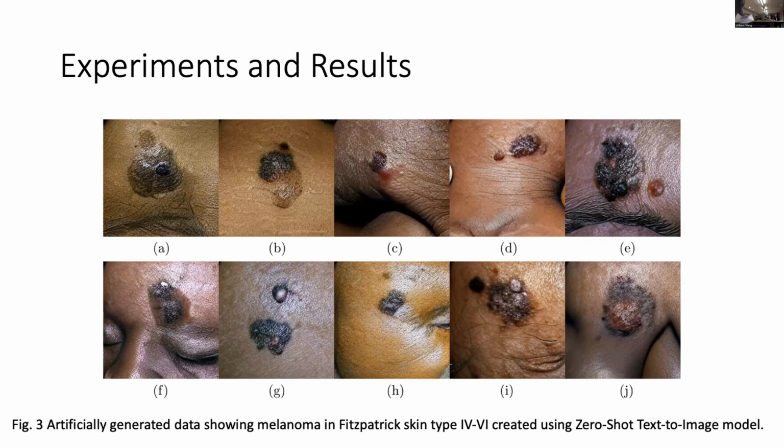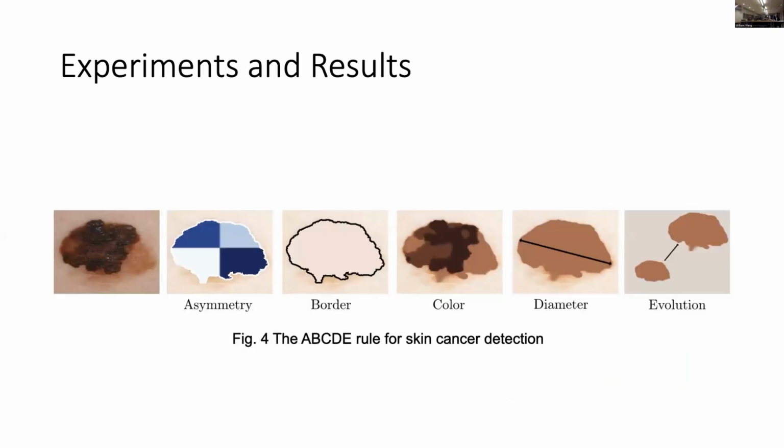So regarding the validation, one of the most common methods used to identify melanoma is the ABCD, and now E, rule, which was introduced in 1985. The acronym stands for asymmetry, border irregularity, changes in color, and diameter. The acronym was later expanded in 2004 to include the letter E, which stands for evolving. Each criterion has certain characteristics that are monitored to distinguish between benign and malignant lesions.